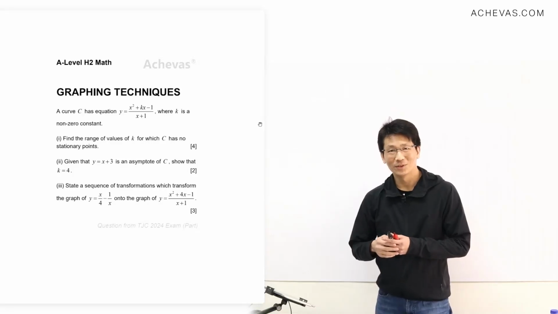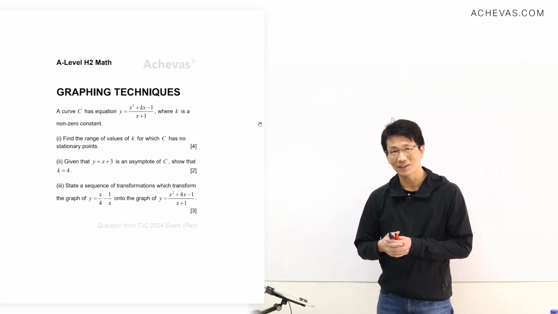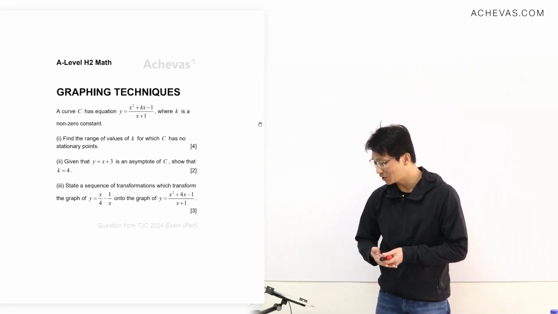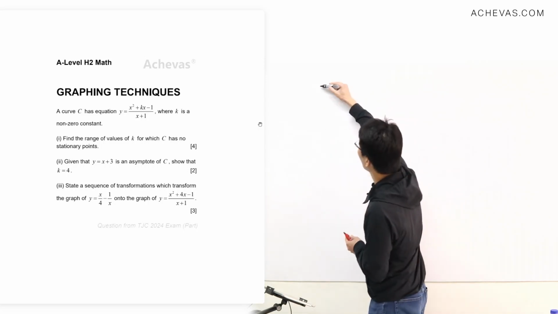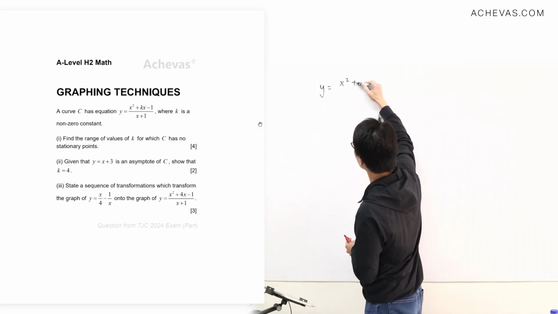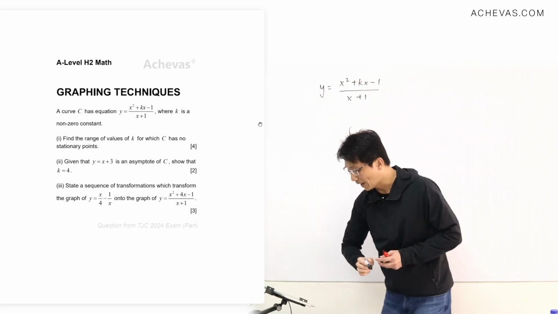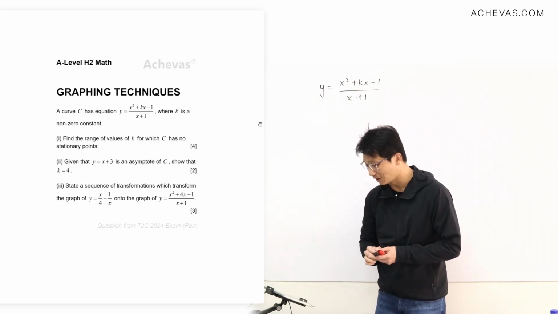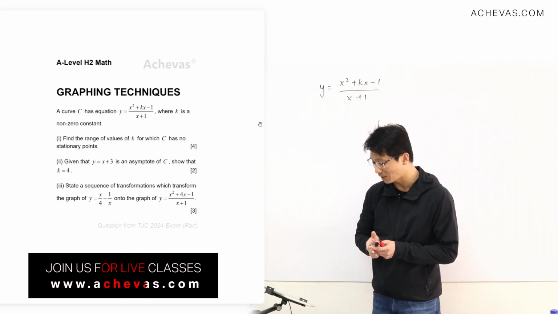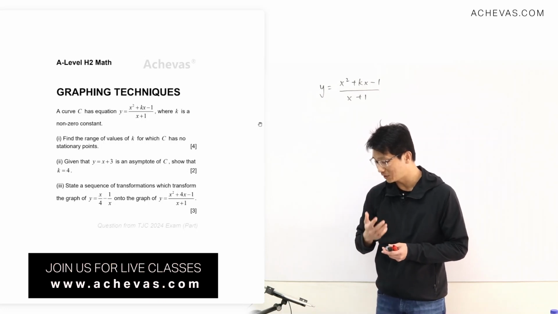Hi everyone, today let's take a look at a question on graphing techniques. We are given an equation of a curve C, y equals x squared plus kx minus 1 over x plus 1, and k is a non-zero constant. Part 1 of the question wants us to find the range of values for k for which C has no